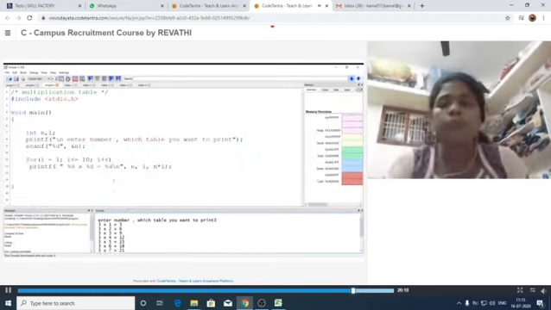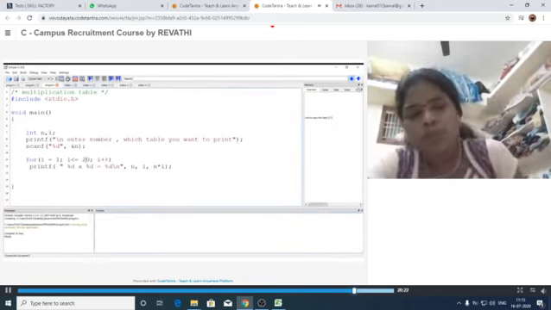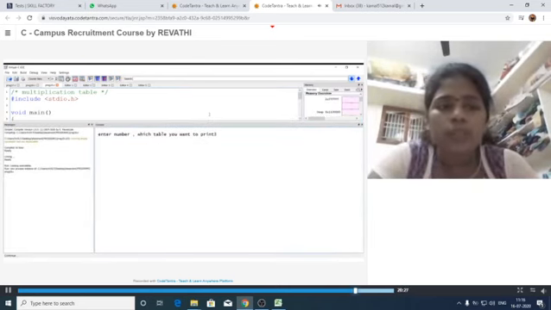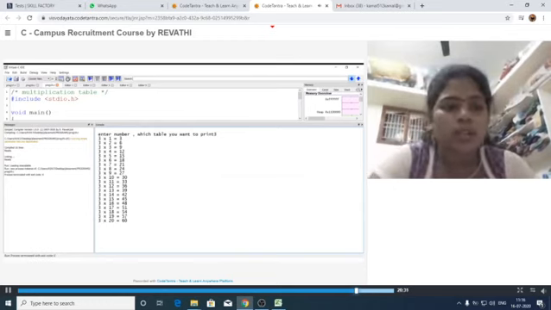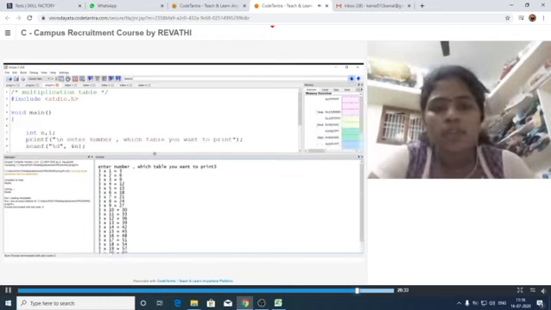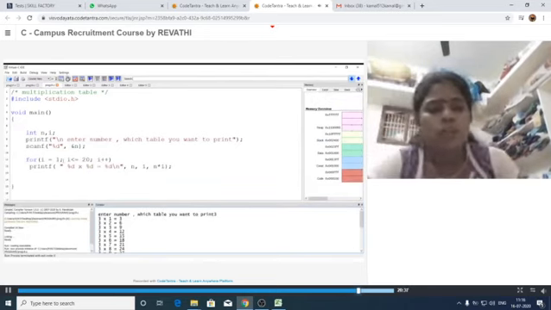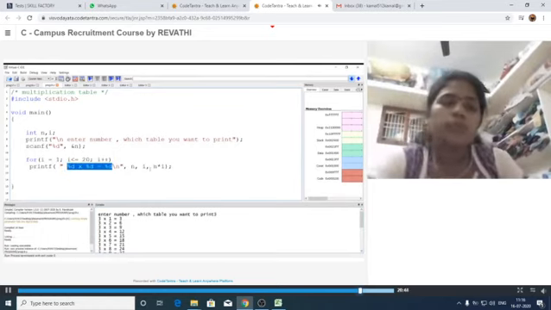Just observe here. It gives up to 3 tens are 30 only. Okay. Now if I want up to 20, we just have to provide the 20 here. Let us see. I am giving the 20. Check here. And which table do we want? I am providing 3. See here. It gives up to 20. 3 twenties are 60. Like that it will print the values up to whichever table we want.